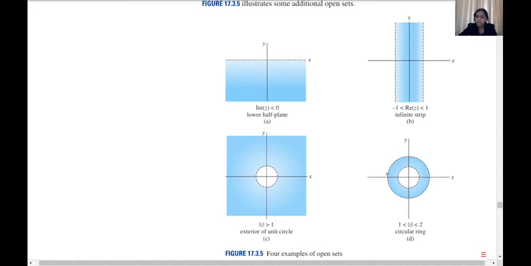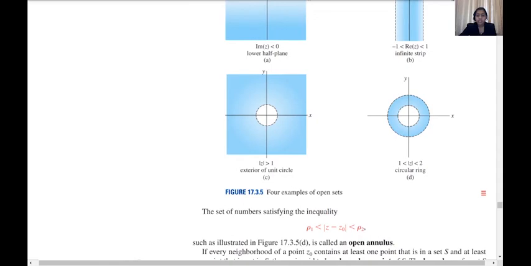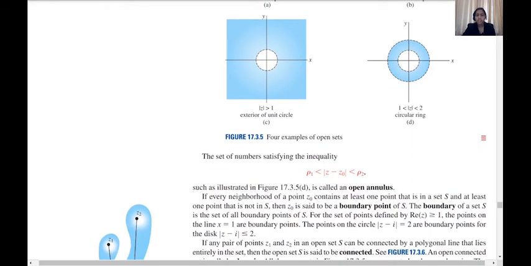So this is the circle mod z equal to 2, so we are having mod z less than 2, so all this portion will come. But the other condition is mod z is greater than 1, so it should be outside the unit circle also. So this will be our region. So this is a circular ring, and sometimes it is also called the open annulus. Okay, now if you see, all the figures in this example are open, right? Everything is open. If you take any point, you can find a neighborhood which lies inside that particular set.